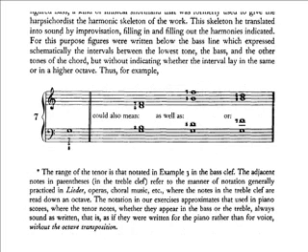Here we should mention also the method of the so-called thorough bass, or figured bass, a kind of musical shorthand that was formerly used to give the harpsichordist the harmonic skeleton of the work. This skeleton he translated into sound by improvisation, filling in and filling out the harmonies indicated. For this purpose, figures were written below the bass line which expressed schematically the intervals between the lowest tone, the bass, and the other tones of the chord, but without indicating whether the interval lay in the same or in a higher octave. Thus, for example,